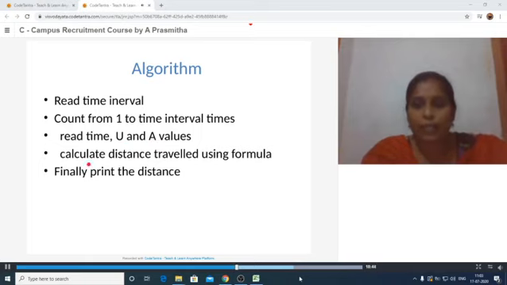After that we calculate the distance using the formula ut plus half at square, and finally after the loop completion we print the distance travelled by the vehicle for the number of given intervals. Now see the program inside the compiler.